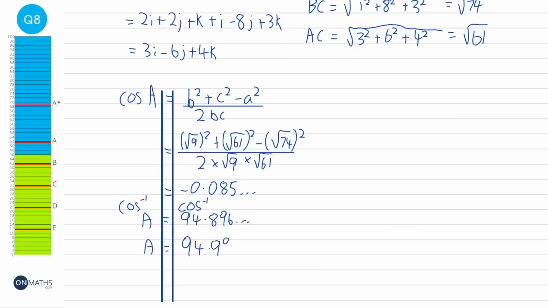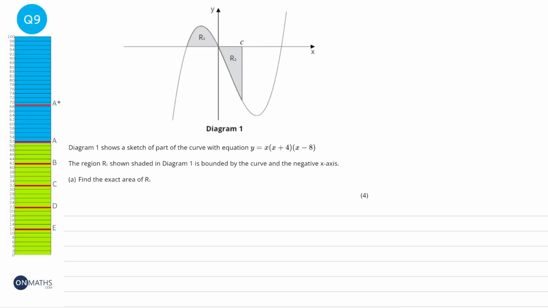First thing we're going to do in this question is notice that there are three roots. There's a root at 0, a root at -4, and a root at 8. And so when we're asked to find the area of R1, we know it's going to be between 0 and -4. So we need to integrate between 0 and -4, but at the moment we've got this equation all factorized, and we need to expand it. So we'll start by expanding it,